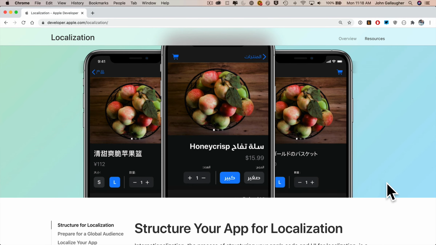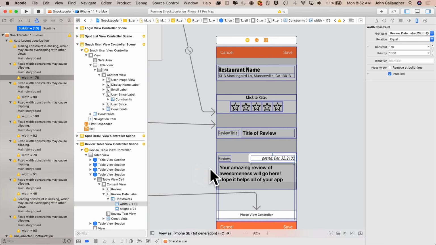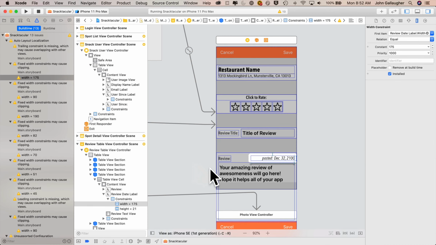So we've mentioned localization briefly in earlier videos. This specific warning essentially is saying, hey, in some non-English languages, the words when translated might be much longer, and if you have a fixed width for your label, that text might be clipped. Now in an earlier video, we pointed out that German words are on average about 50% longer than English words. Now, we could do a whole separate series on localization, but that's not usually considered part of an intro course, so we've left that out. But we can begin to think about and address these issues and silence the warning by changing a single setting